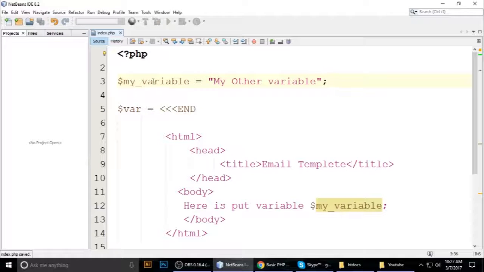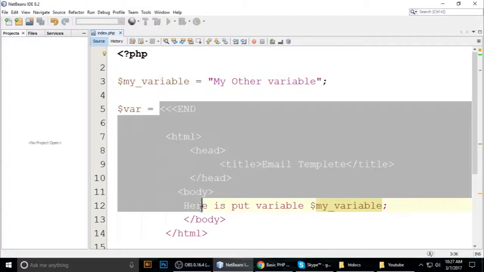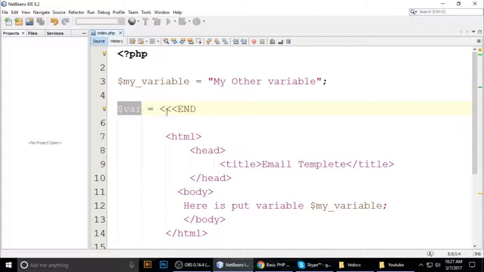So you can store HTML inside a variable, just like you can put